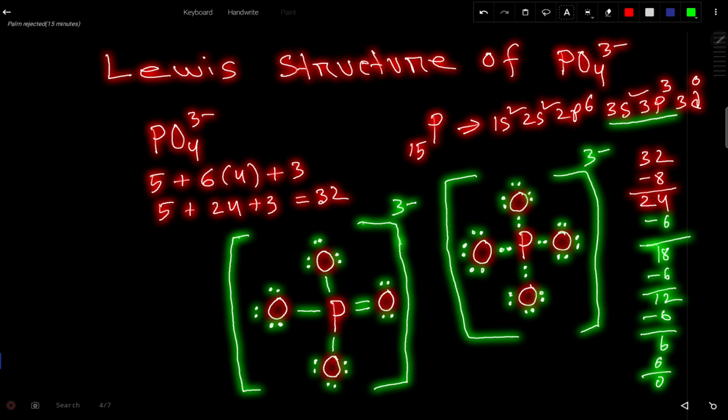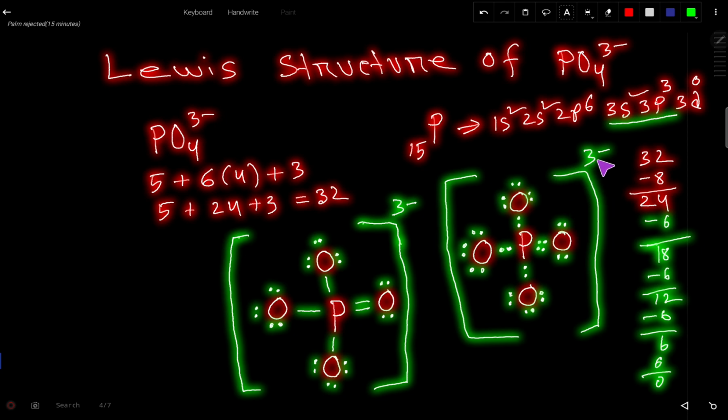right? So if you move this lone pair here as a bond pair, then you will get this, right? This is a trick. You can say that this is a secret rule for drawing the Lewis structure easily, right? I have discovered this. Okay, so look, here 1 oxygen has a double bond. That is, now these oxygens have -1 charge each, and this oxygen has 0. So the overall charge is -3, and this is logical.